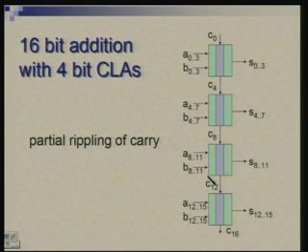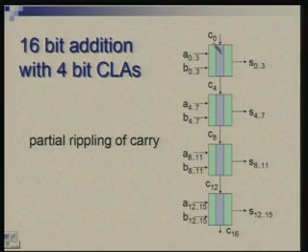So, now suppose we connect 4 of these in a chain form, the way we did for ripple carry adder, but now we have units of 4 bit adders, and within 4 bits we have look ahead. Across these blocks of 4 bits we do not have look ahead, we have carry rippling through. So, let us try to find out how much delay this circuit will have. Remember that the carry comes out in 3D time and sum comes out in 5D time.